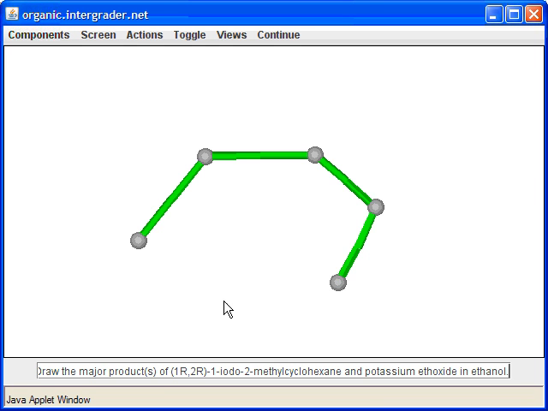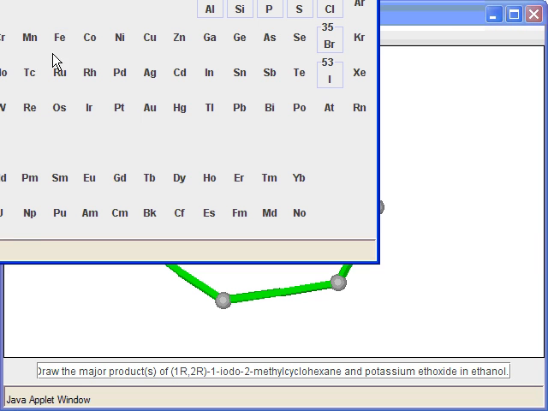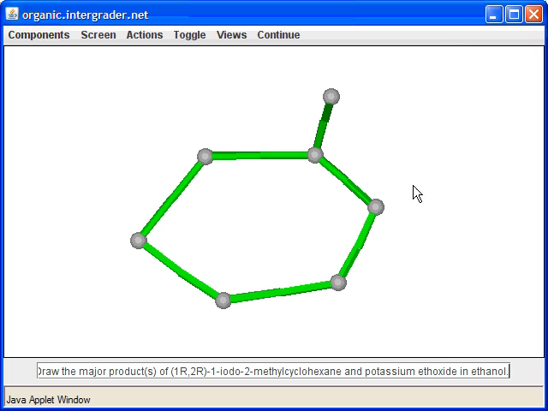So I have cyclohexane, and I'm going to have a methyl in here, and I'm going to have an iodine in here. So I have my iodine at the 1 position and the methyl at the 2 position, just because the smallest numbering scheme is 1, 2, no matter which way, but I comes before M. And then I'm going to go ahead and put potassium methoxide in here.